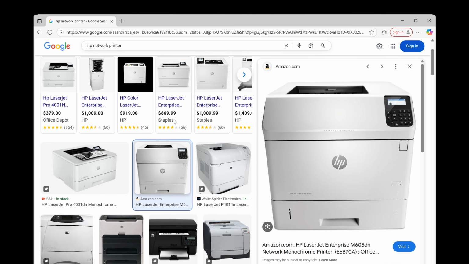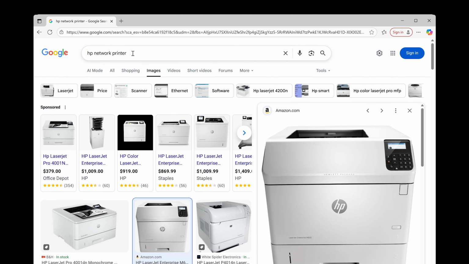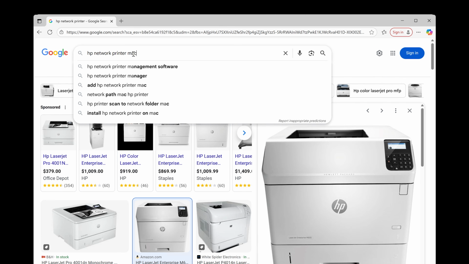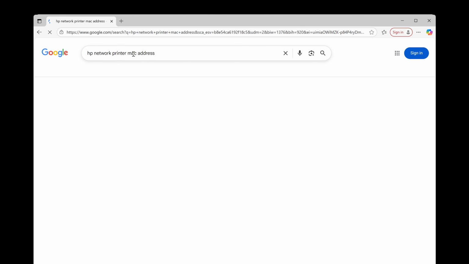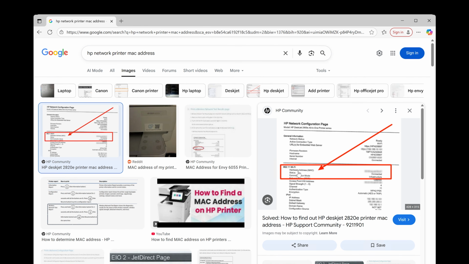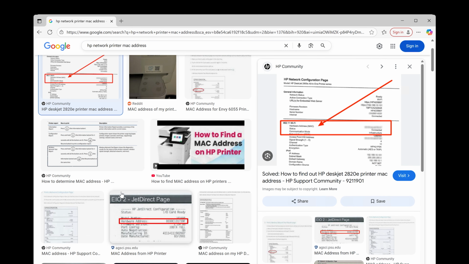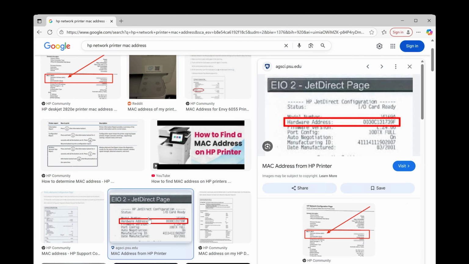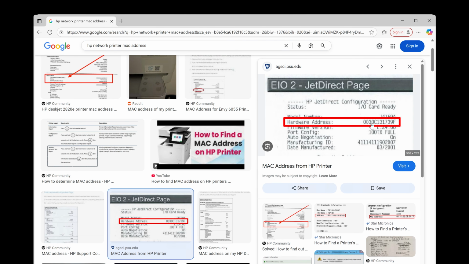Matter of fact, let's go back to here and just find the MAC address picture just to show you. Here's an example. Here's a printout that I was telling you about. Here's the hardware address or MAC address. And well, it's blurred out here, but this is the printout it would come up as. I think I said it would say physical address, but sometimes it does say hardware address. And this shows here for Wi-Fi and IP version 4, so that printer has both. Here's an example for this one, hardware address, and it's this one,